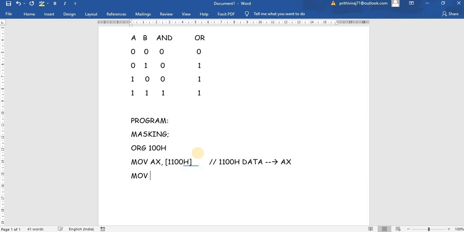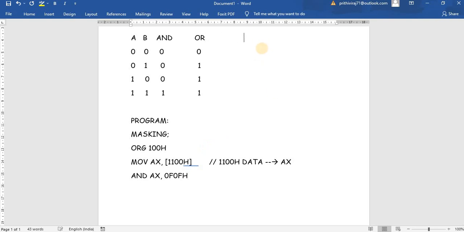Now we are performing the AND operation, so masking the bits. AND is the keyword, AND AX comma 0F0FH, where this is a hexadecimal value, so please give H. So now by giving 0F0F, what happened?